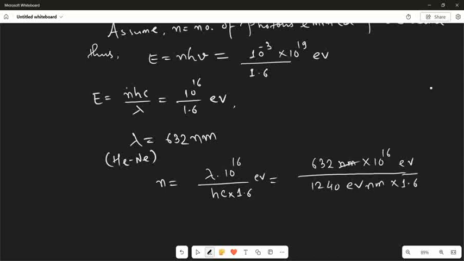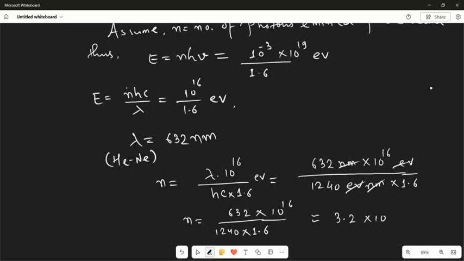So nanometer gets cancelled out, electron volt gets cancelled out, and we are left with 632 divided by 1240 into 1.6 into 10 to the power 16, and this roughly comes out to be 3.2 into 10 to the power